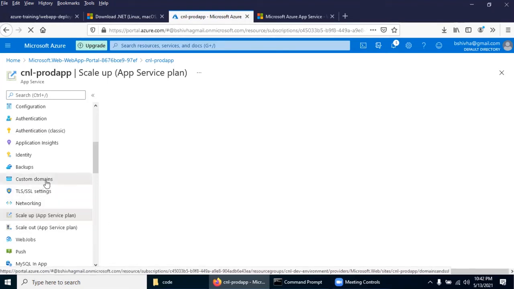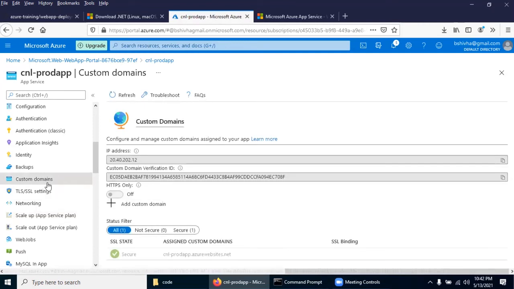And even the custom domain: if you have the domain, you need to go to your domain registrar account and, using this domain verification, add the TXT record and verify this domain. The moment you verify, this IP address can be mapped to your actual custom domain. This also is possible.